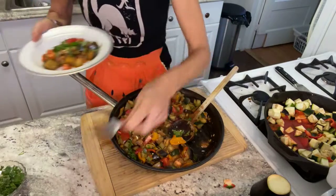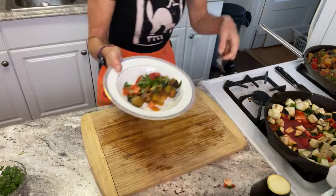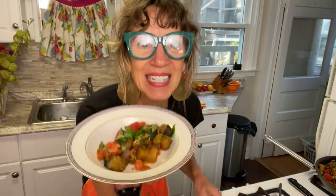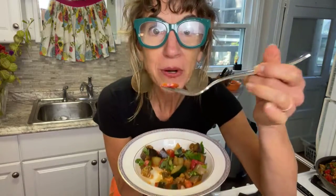Okay, now I'm going to dig in here. Actually, I'm going to move this again before I'm really at the risk of hurting myself today. Then I'm going to put this back up here, and I'm going to give this ratatouille a taste. Bon appetit, as the Queen Julia would say. Oh, there's a piece of that eggplant. It's absolutely delicious. You could give another little drizzle of olive oil, some fresh tomatoes, some just tender bell peppers,